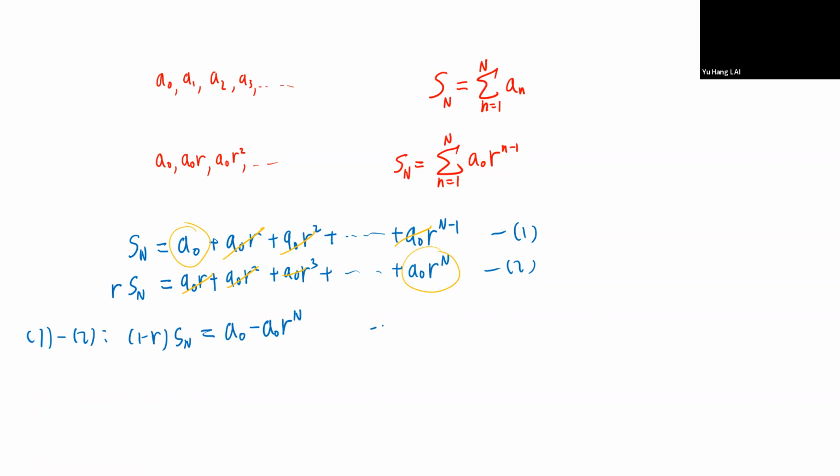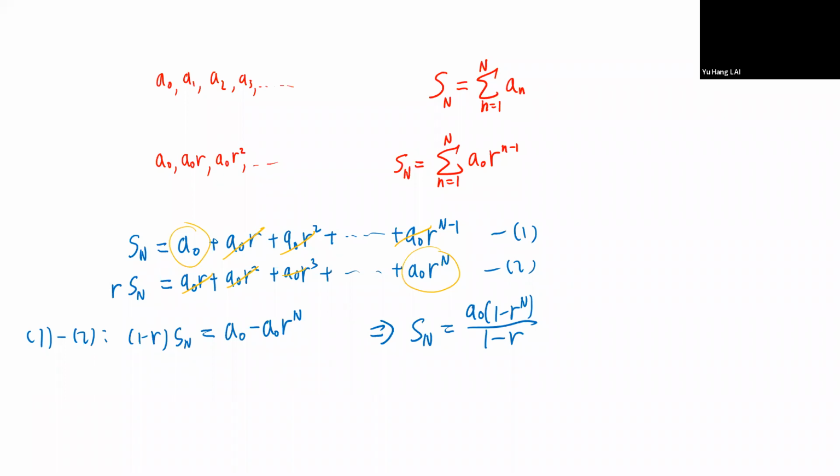And then S of n, therefore, is given by a naught times 1 minus r to the n, divided by 1 minus r. Right? I believe this is a formula that you have learned. So now,